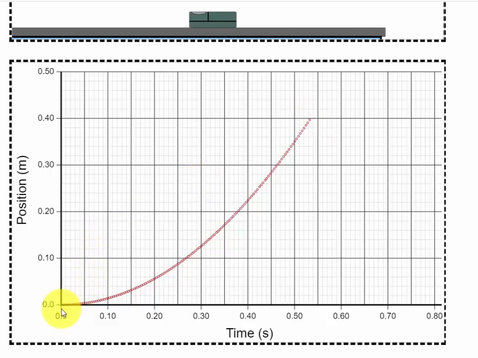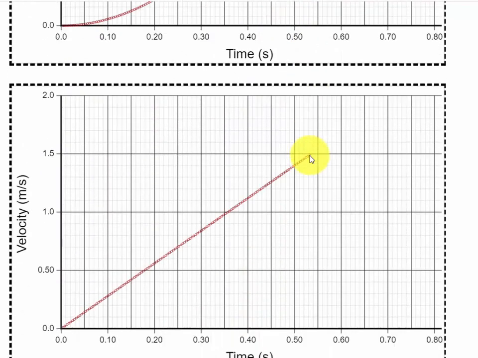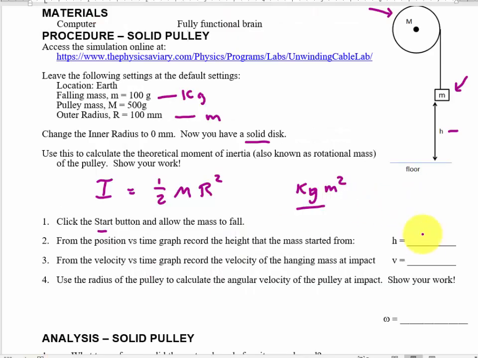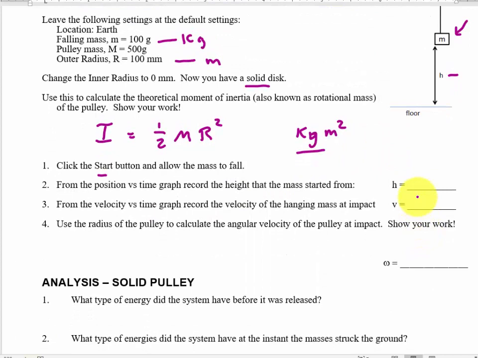The motion detector called its initial position 0, and it called down to be positive. We can then read the velocity versus time at impact off right here, and we're just going to record those into the Word document. Then we're going to use the radius of the pulley to calculate the angular velocity of this thing. So you're going to say, I know that the angular velocity is related